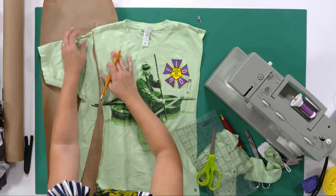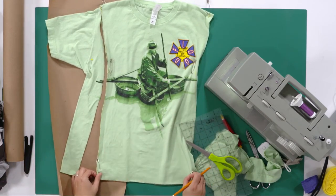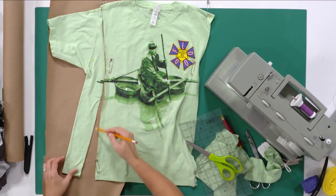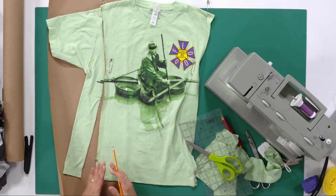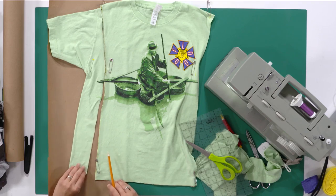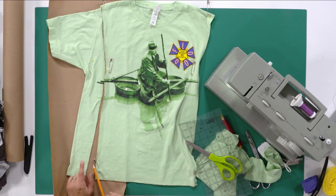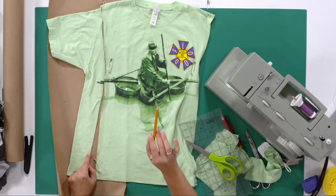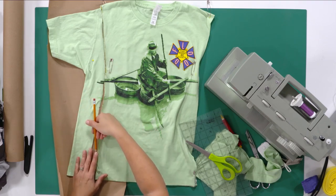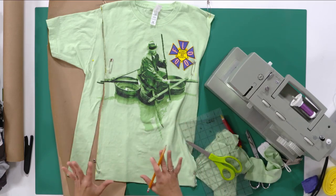Okay. So now, if we were going to be adding some excess to our waistline, remember when you add it here, say at your hip there's an inch here, that's going to be 4 inches in total around your whole shirt, because you've got an inch here, an inch on the back side of this piece, plus it's going to be mirrored on the other side. Okay, so just keep that in mind